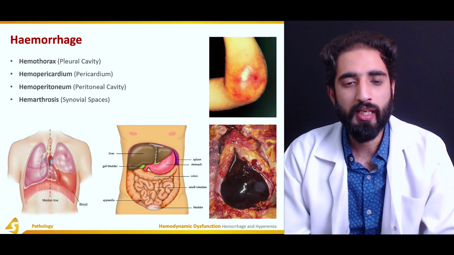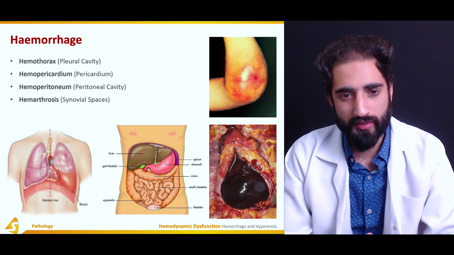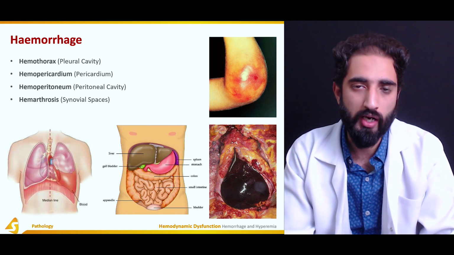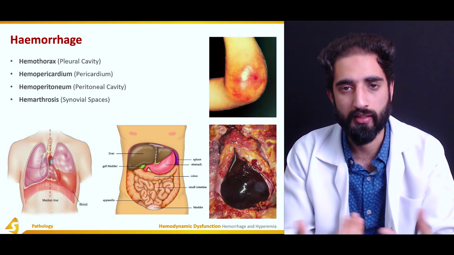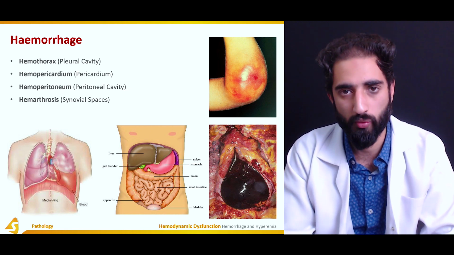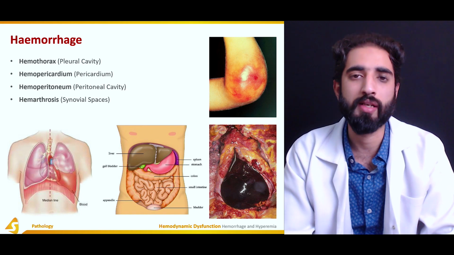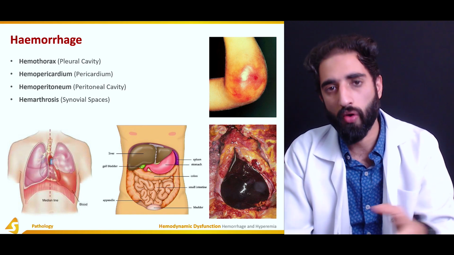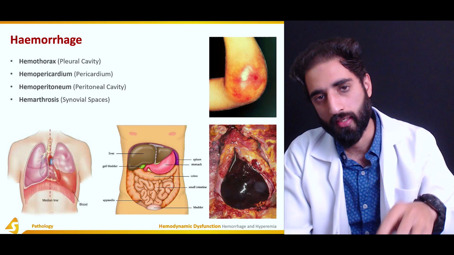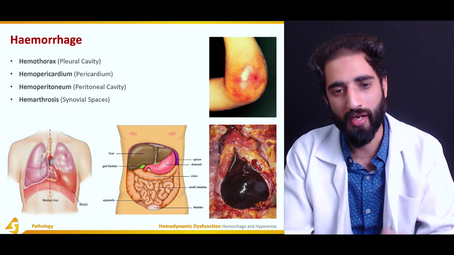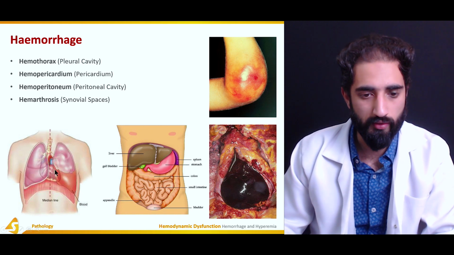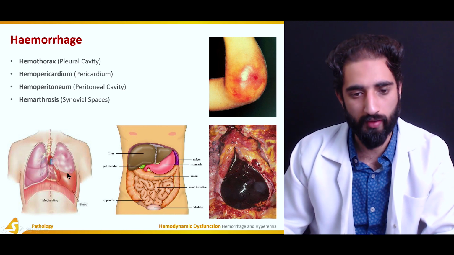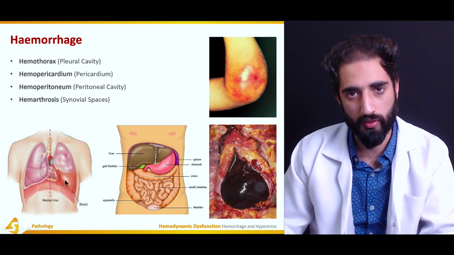The next is the hemothorax. As the thorax tells you, think about what type of organs are located in the thorax. One of them is lungs, and they are actually enclosed in the pleural cavity. So hemothorax is actually the loss of blood, or the blood leaves the vasculature and comes into the pleural cavity, as you can see here. So this is the pleural cavity, and you can see that the blood is coming out of the vasculature into